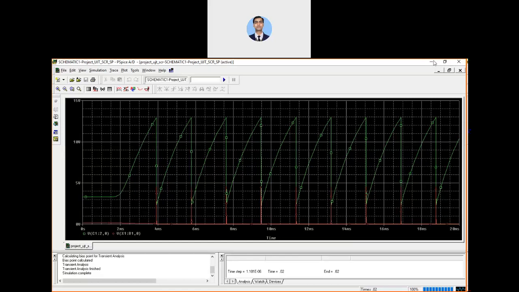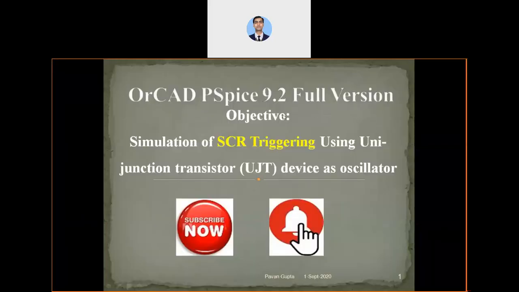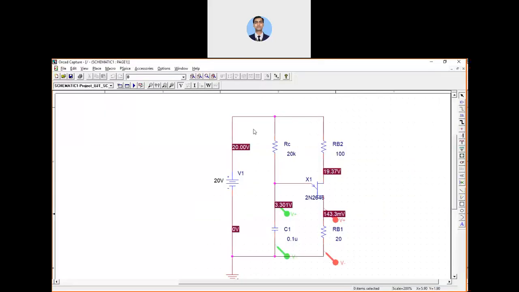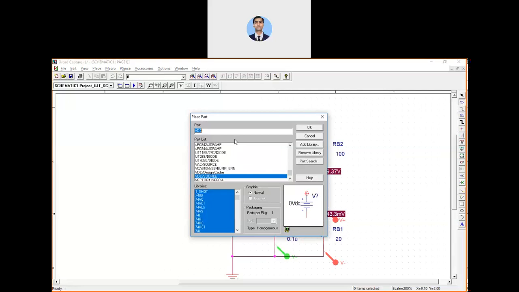Now our motto is to trigger the SCR, so we will go back to our circuit. Here we will add one SCR, which is 2N1595.